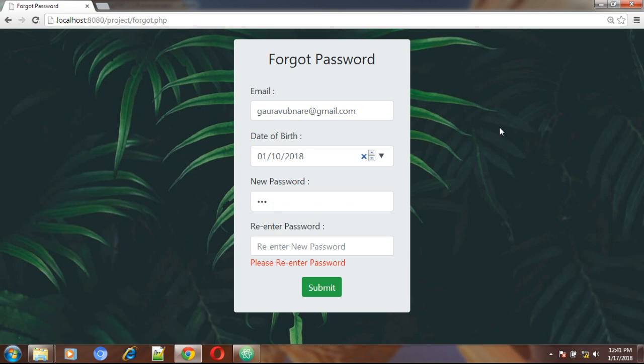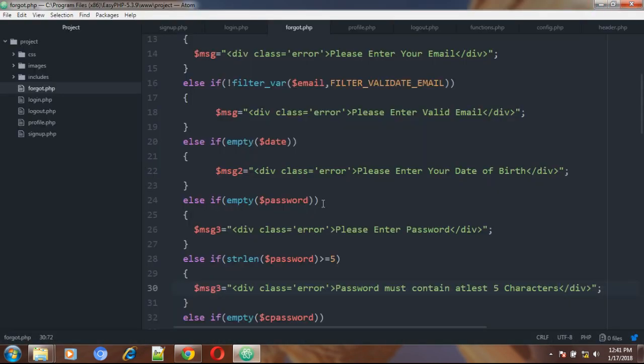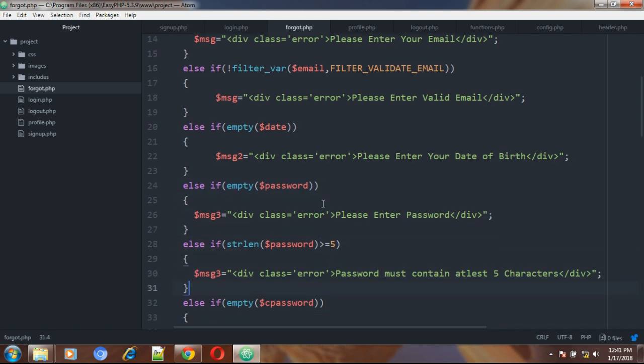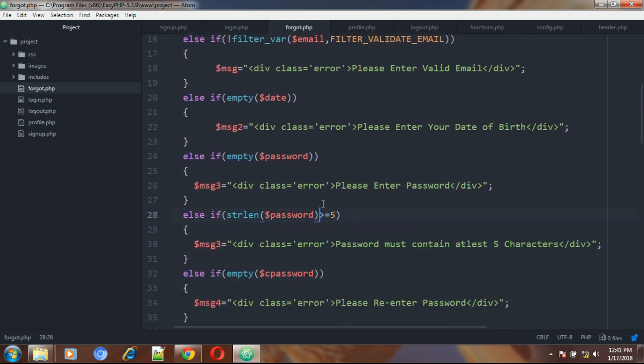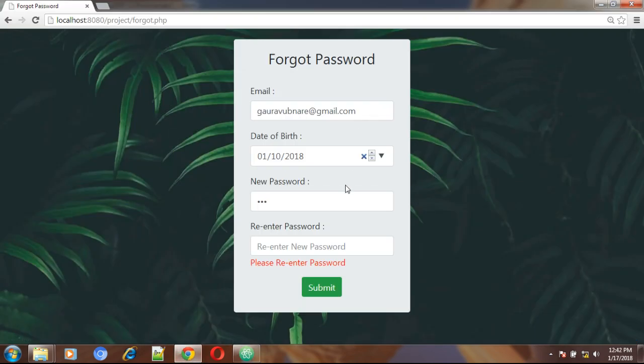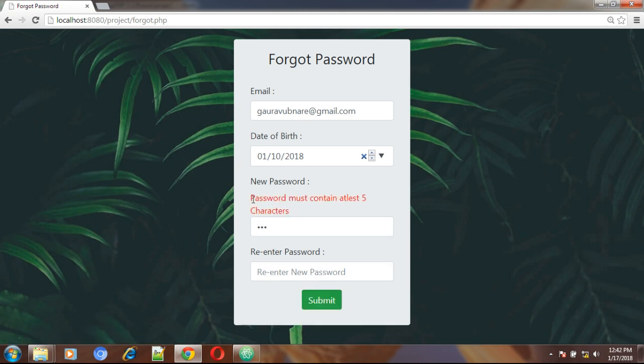So it has not shown any error. Dollar password. It must be this, like that. I used a wrong symbol, that's why it didn't show any error. So it has shown the password must contain at least 5 characters, but why has it shown over here